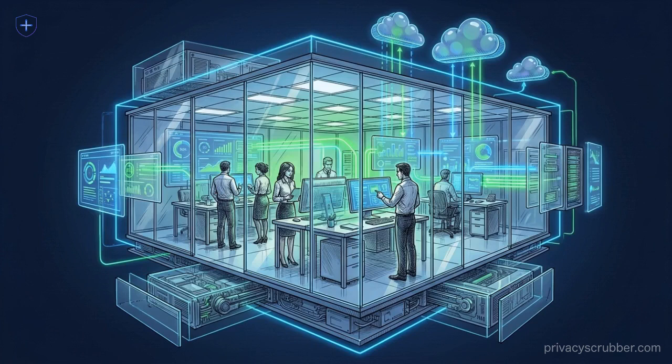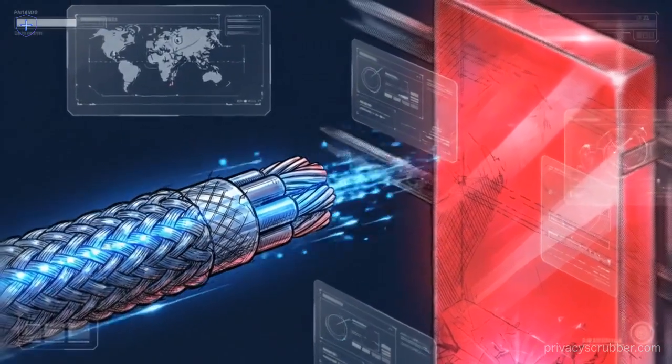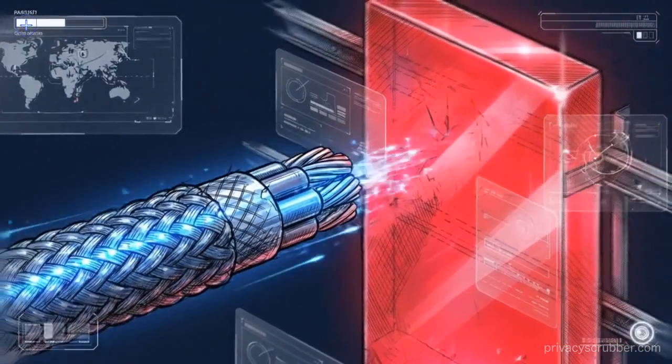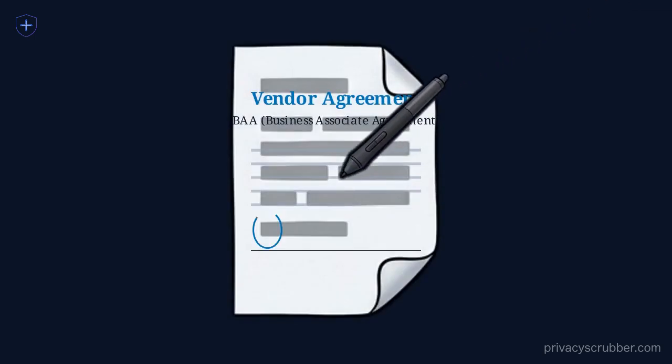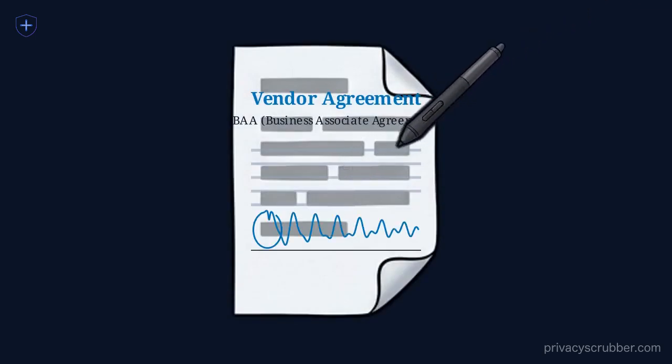This video illustrates a core tension in the modern enterprise. Business units are demanding the productivity gains of generative AI, but security leaders face a hard stop. They simply cannot allow unmasked corporate data to ever leave the environment. To bridge this gap, organizations lean on standard vendor agreements and business associate agreements, or BAAs, hoping legal contracts will